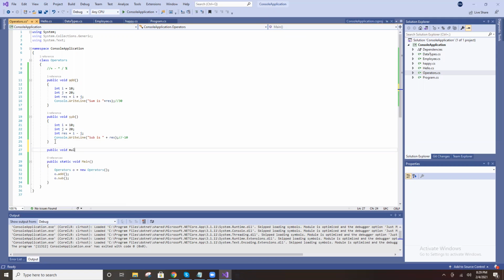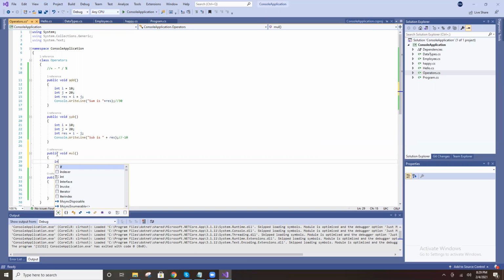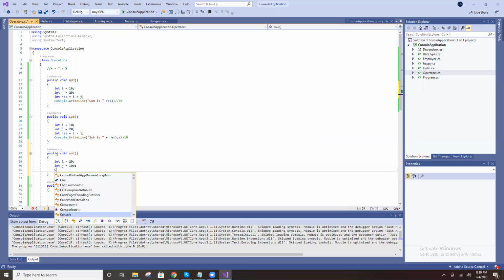Multiplication, right? Same, int i equal to 10, int j equal to something. Console dot WriteLine.